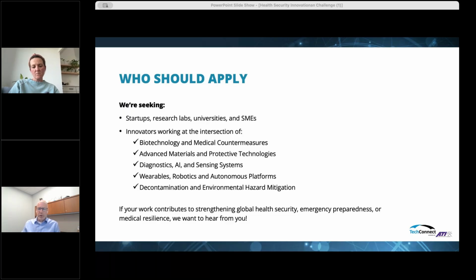So while you can go onto the websites for this challenge, I recommend you go on the websites for the JPEO and DTRA and those in HHS. You can also look back at the 2 consortial websites to just get a sense of how you might posture your solution. I've been involved in these challenges before, and oftentimes the entities that are winning, that are judged as successful, are showing direct applicability to a stated need. And it's not just let me tell you about your technology. That might happen, but